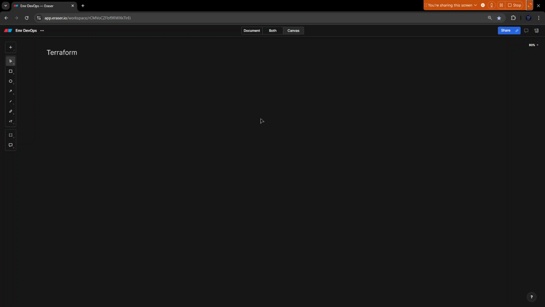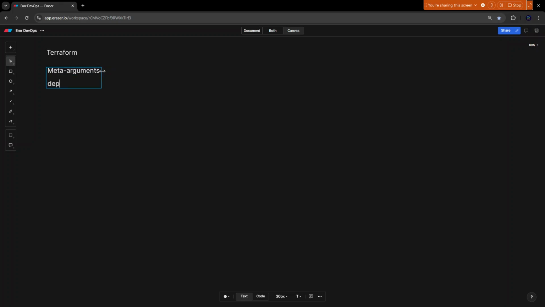For Terraform resources, meta arguments. We have a few meta arguments. The meta arguments are, the first one is